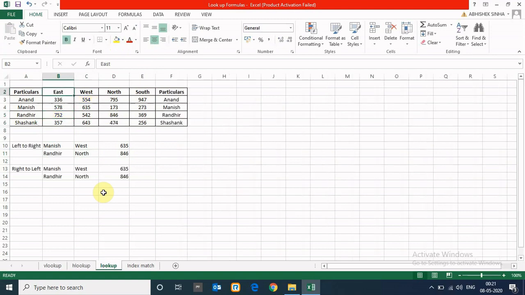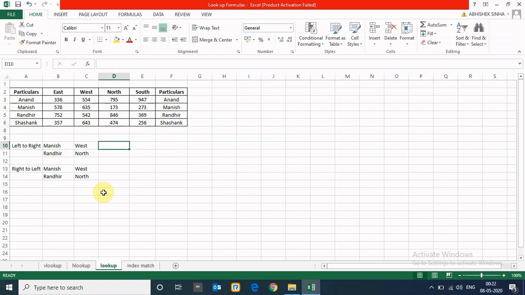Now let us understand LOOKUP. So I have made some change in this data. I have written some names in left side as well as in right side, so that I will be able to show you that it works from left side as well as from right side.